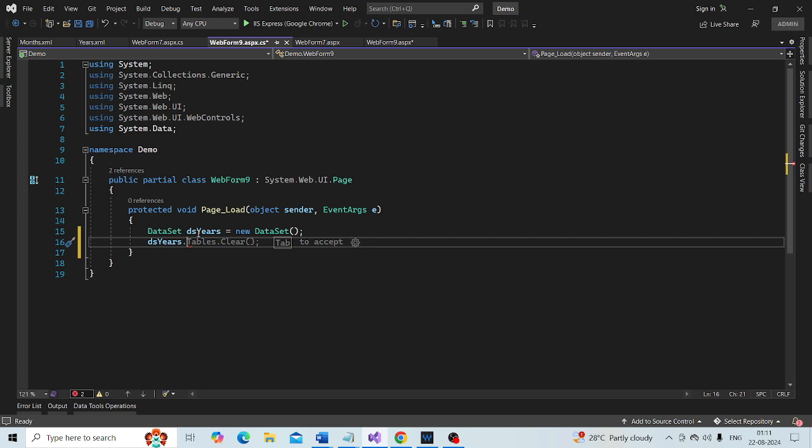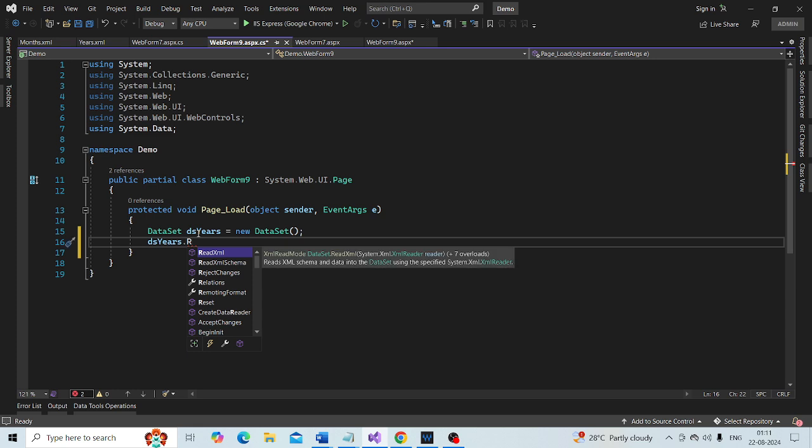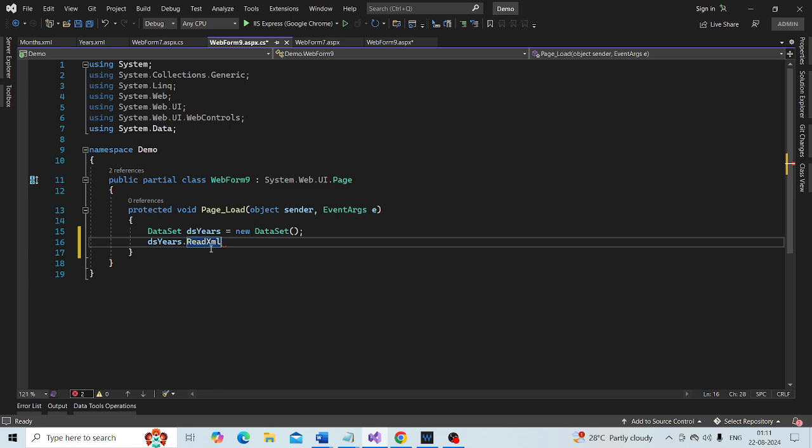So for dsYears, we have a method called ReadXml. Here it is, ReadXml. All you have to do is specify the name of the XML file.